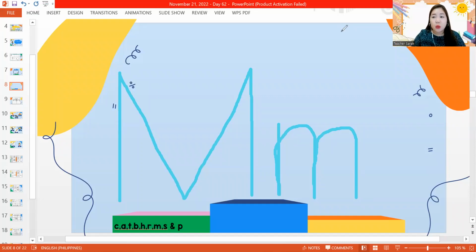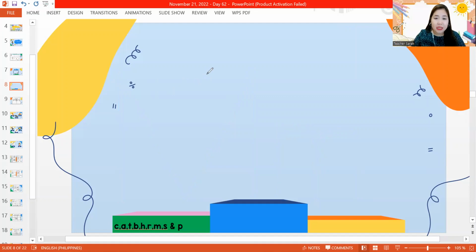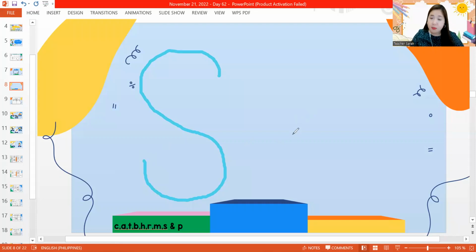Now we're on to our last letters. We have capital letter S. Start at the top, we make a curve. Then we turn up and we have capital letter S. Now let's make lowercase letter S. It's just the same, but we make it smaller, okay? We make a small curve to the middle, and then we turn and we curve up. Then we have lowercase letter S. The sound of S is